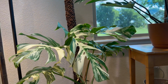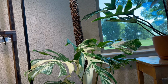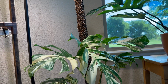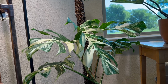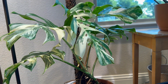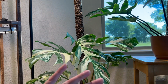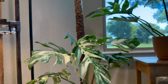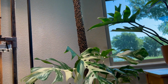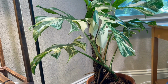I am actually thinking of removing this grow light because the leaves are just facing up. I can just put the standing vertical grow light on this side, I think, and it's gonna be nice because it's gonna be facing this way instead of going up to the grow light. And then it's gonna give more space in here if I remove this grow light, but I'm not sure yet. But anyway,